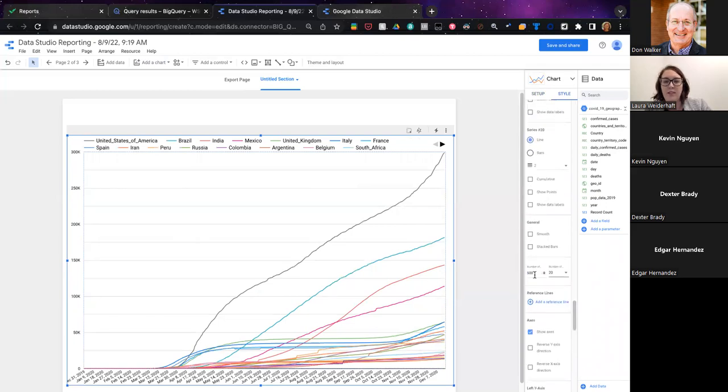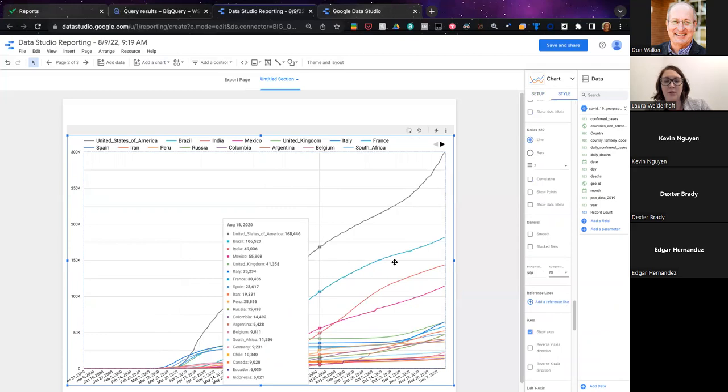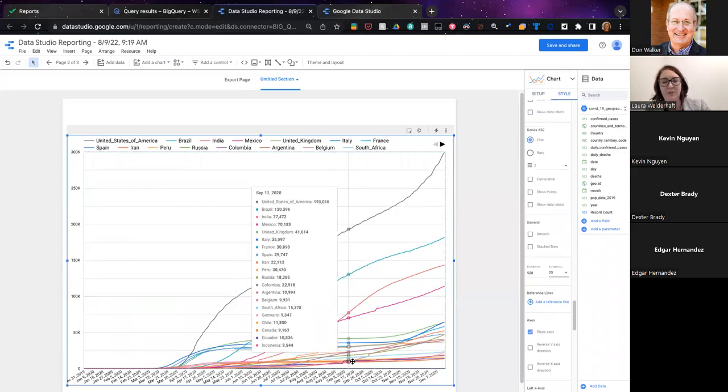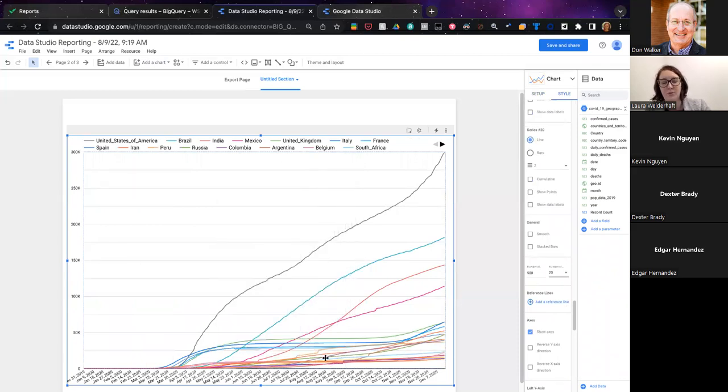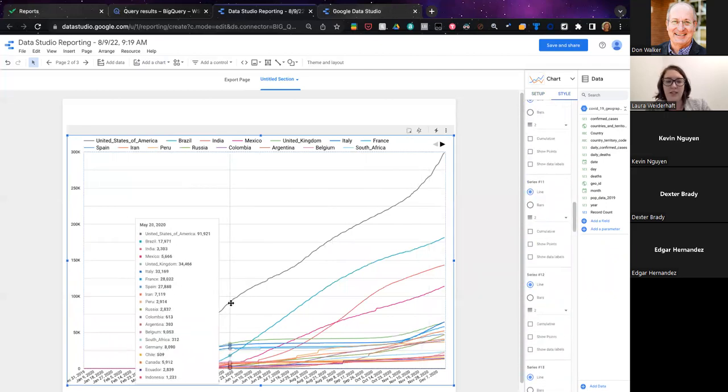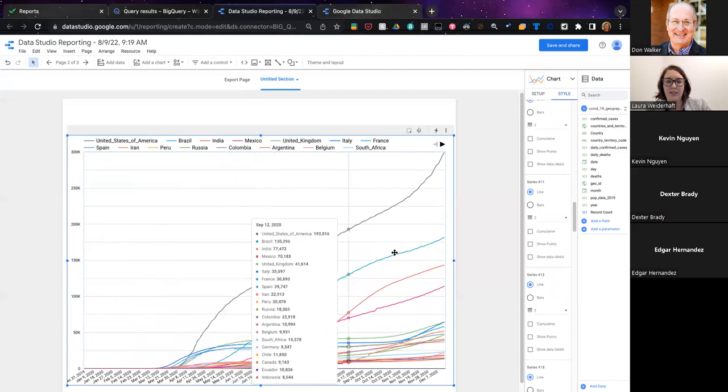And if it's a really noisy chart, you can reduce the number of actual points. So it will aggregate; if you have a bunch of different days, it might take the average between 2 days. Cool. So now we've got 20 countries and their trend lines.